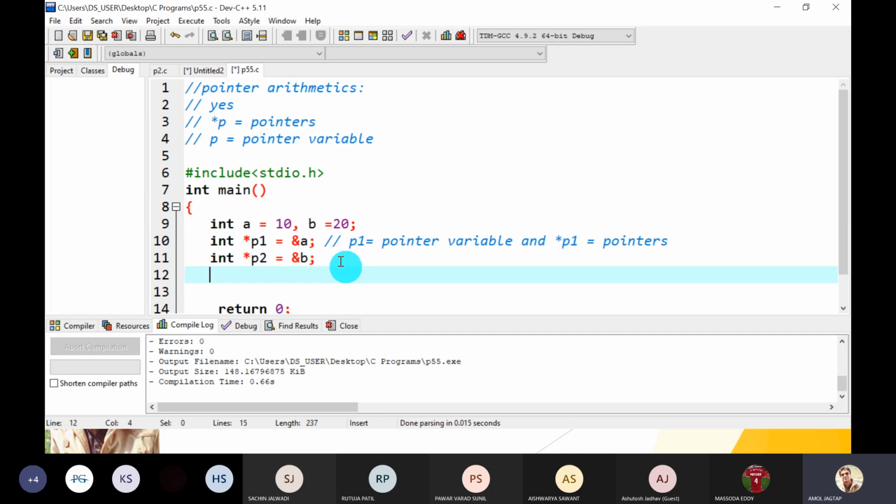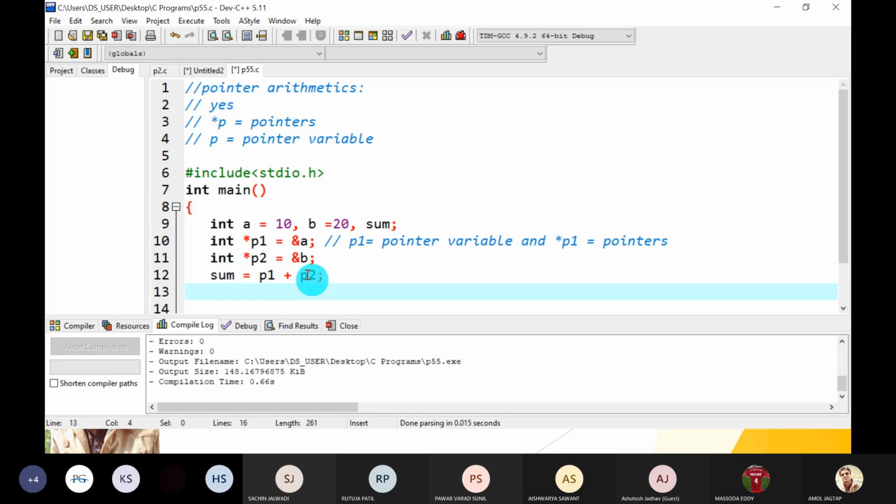Now arithmetic operations, that is plus, minus, subtraction, division, like this. Can we do that? Let's check. Suppose we take another variable, sum.